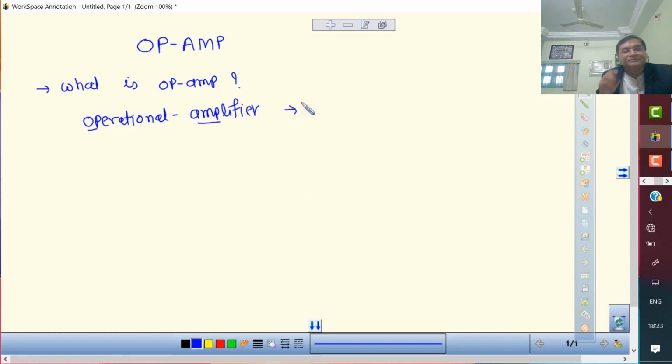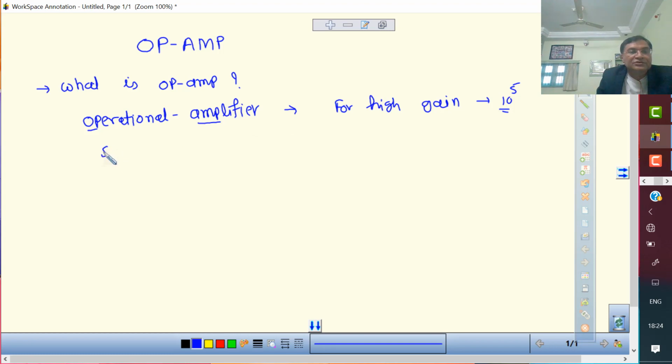This is one integrated circuit designed for high gain, and it is of the order of 10 raised to 5, and it performs the operation like summation,